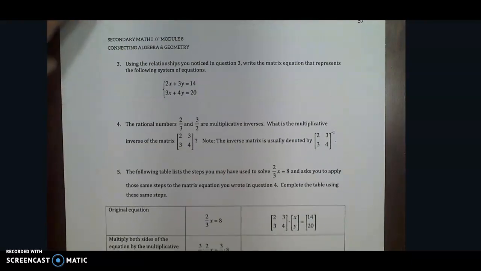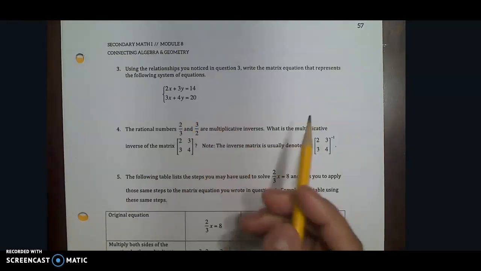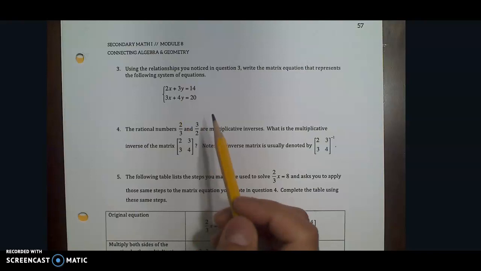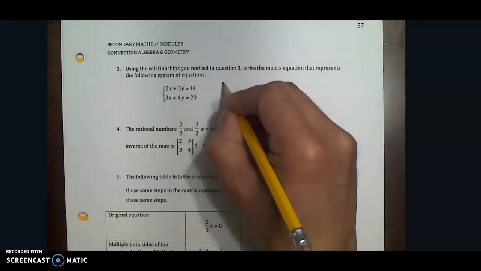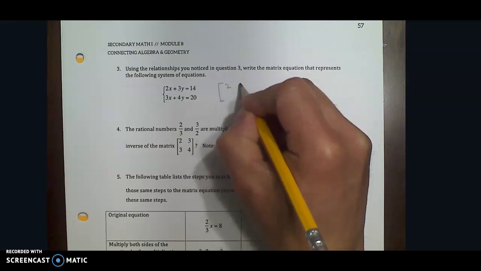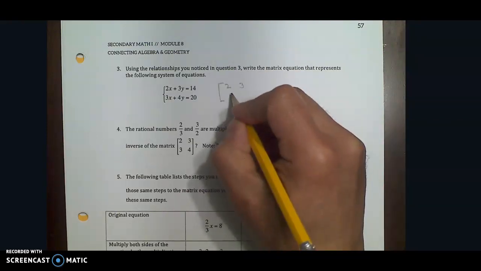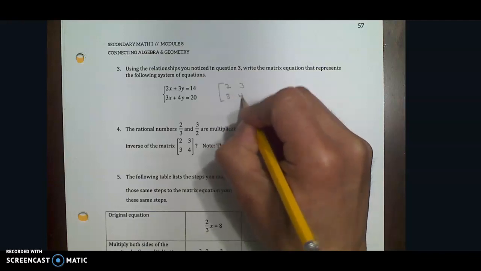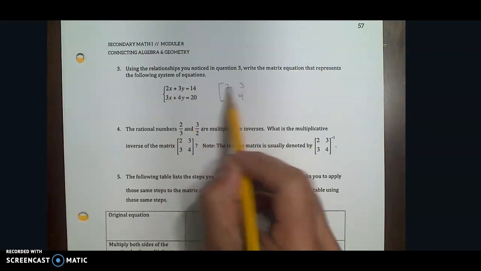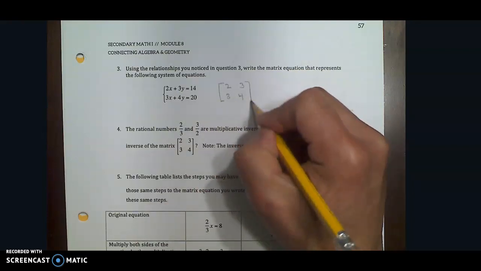Alright, so for example number 3, we're going to go in the other direction here. So here's our system of equations, and we want to write it as a matrix equation. Okay, so the way we're going to do that is we're going to take the coefficients first and make a matrix out of it. Right? So that's going to be what I'm going to call our coefficient matrix. Right, so there are the coefficients for the first equation, the top row, and here are the coefficients for the second equation in the second row. All right, so the 2 and the 3 go in the top row, the 3 and the 4 go in the second row. So we're going to close that off. So there's our matrix